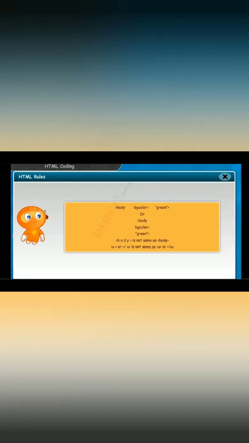Now see here, the next rule is, in a body tag, the bgcolor attribute is there and the attribute value of bgcolor is green. So we write it in the same way, body bgcolor and green. That is correct. But see in the next sentence, body is not the same as body.